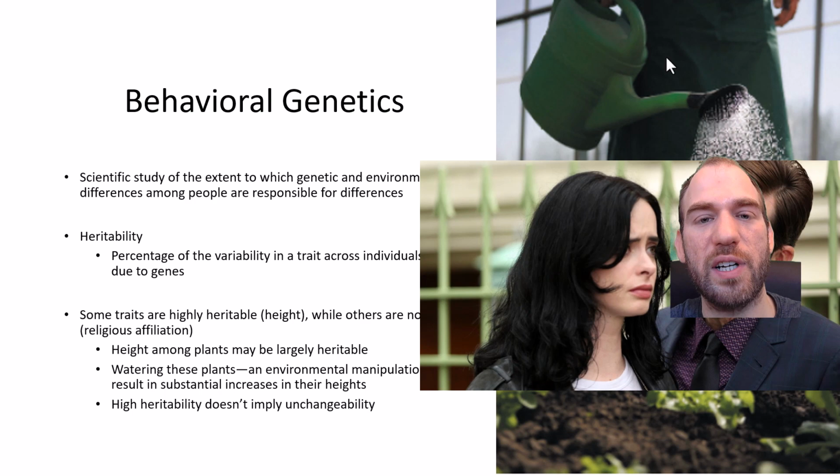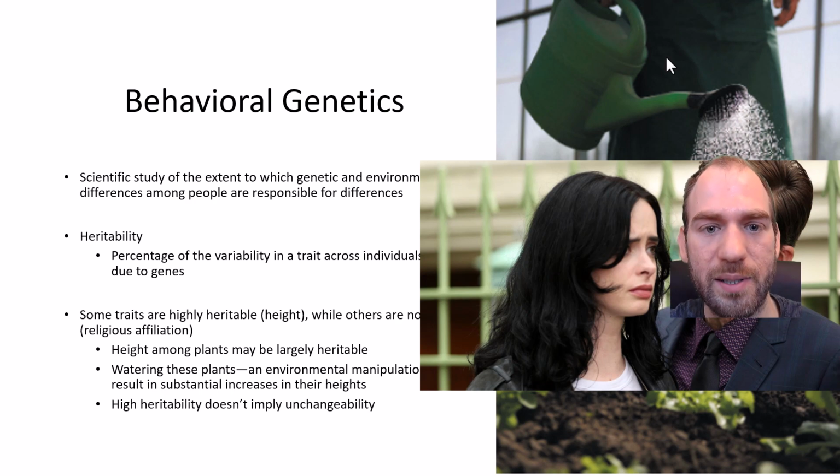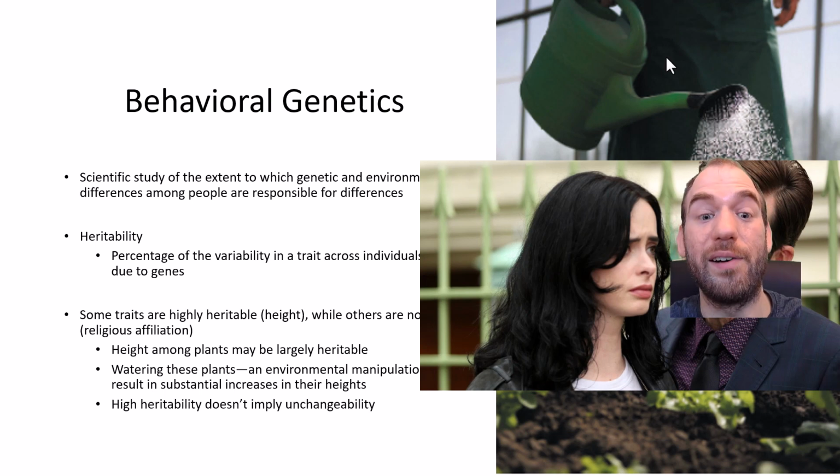So they try to develop, it's really just a ratio of how much of a trait or developmental outcome is genetically based and how much is environmentally based. And this is a rough dichotomy, obviously, because genes and the environment interact in very complex ways. But taking it at face value, we have this ratio of environment and genes, and thus how heritable something is. That is, how much of something is related to just genes.